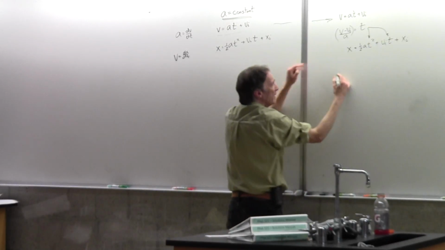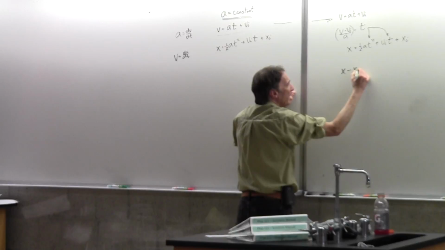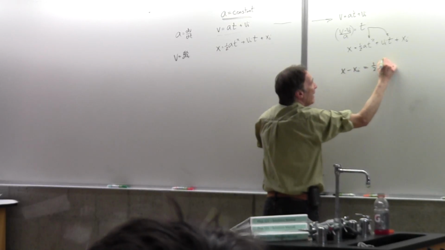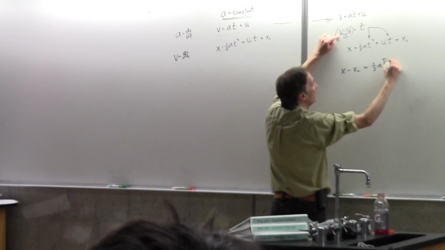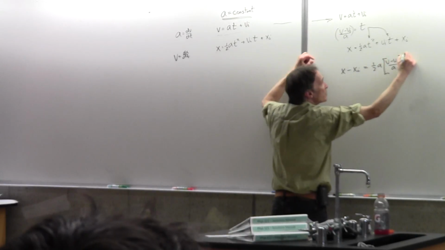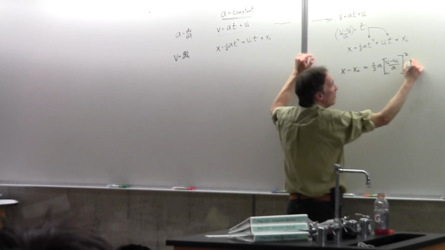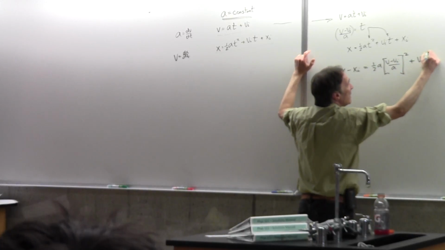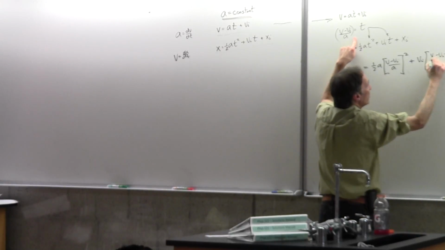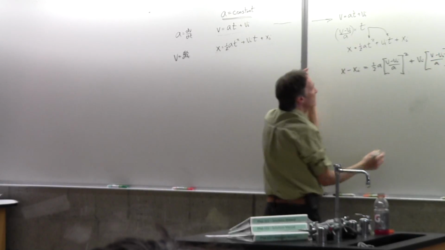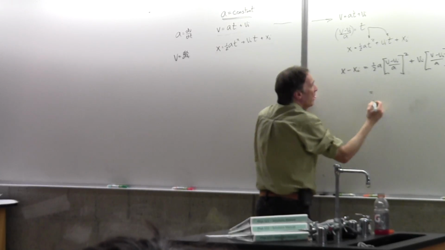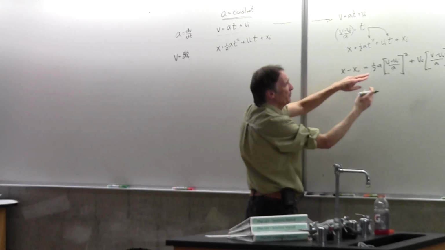Let me bring this over to the other side. x minus x initial is equal to 1/2 a, and for t, let me put in v minus v initial all over a. We're going to have to square that. That's the time. Plus the initial velocity times the time again, which is v minus v initial all over a. Let's do a little math here. Let's multiply through by